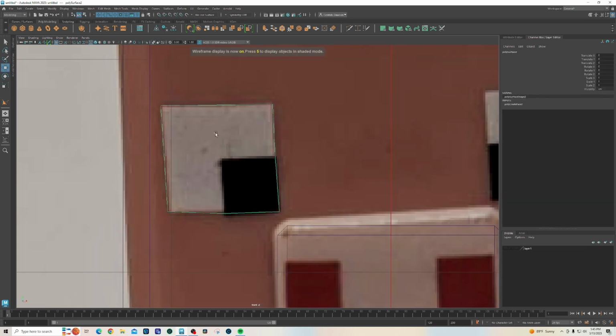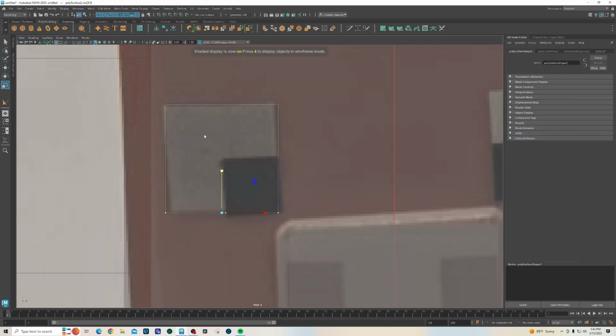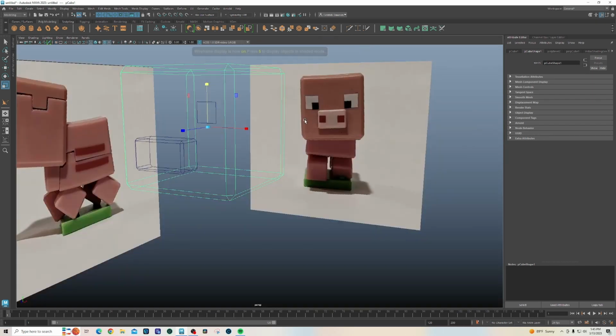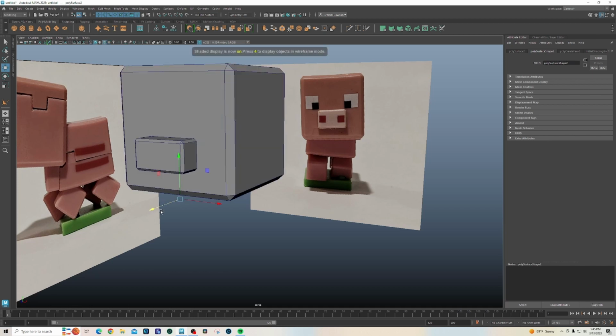I know it's not perfectly straight, but we will select those vertices, rotate, or I'm sorry, kind of scale them. This, and then take this guy, and then do that. Right mouse click and hold, press 5, right mouse click and hold, object mode. Okay, so let's go into our perspective, and I see that the eyeball is in the head. Let's move it forward,